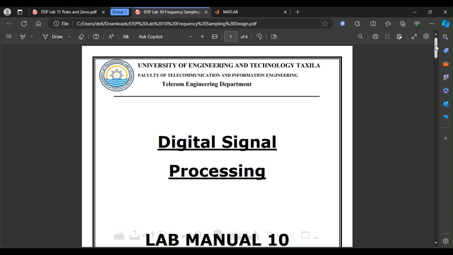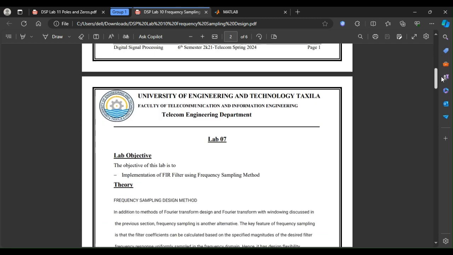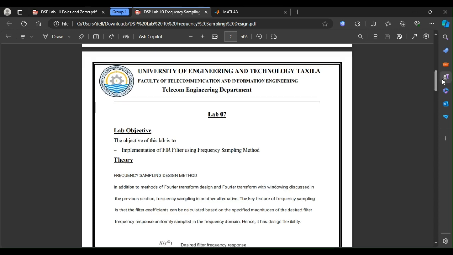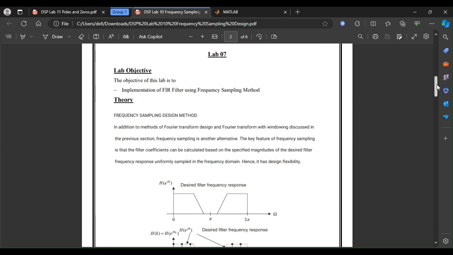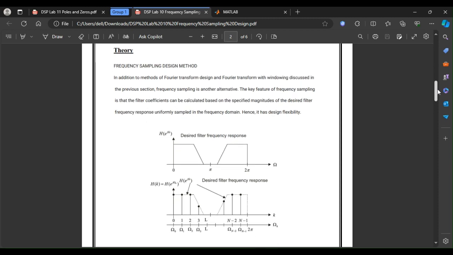So today I am going to solve lab manual 10 of digital signal processing, that is the frequency sampling design method. The lab objective of today's lab is implementation of FIR filter using the frequency sampling method. Basically, in the frequency sampling method, FIR filters are designed by the desired frequency response, and this method involves sampling the desired frequency responses at equally spaced intervals and then computing the impulse response using inverse Fourier transform. And here, as you can see, the resulting impulse response is of finite length,